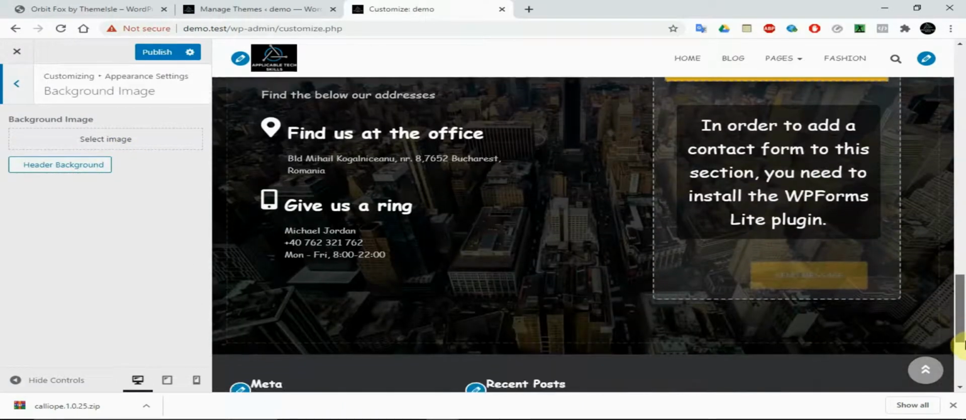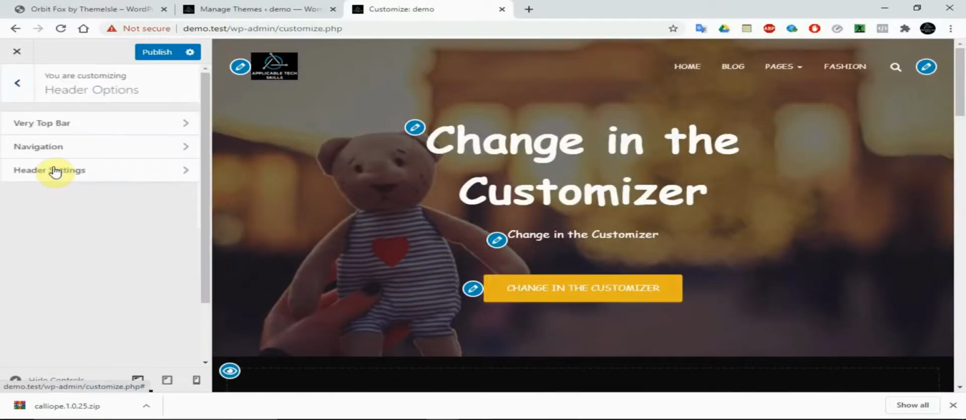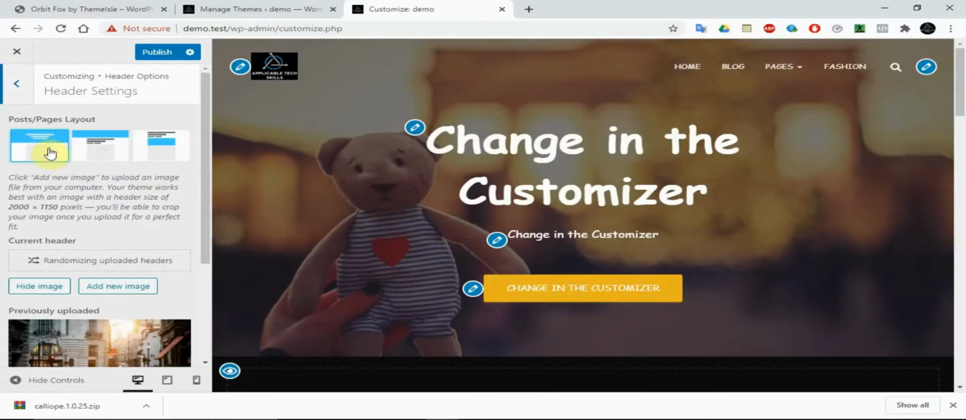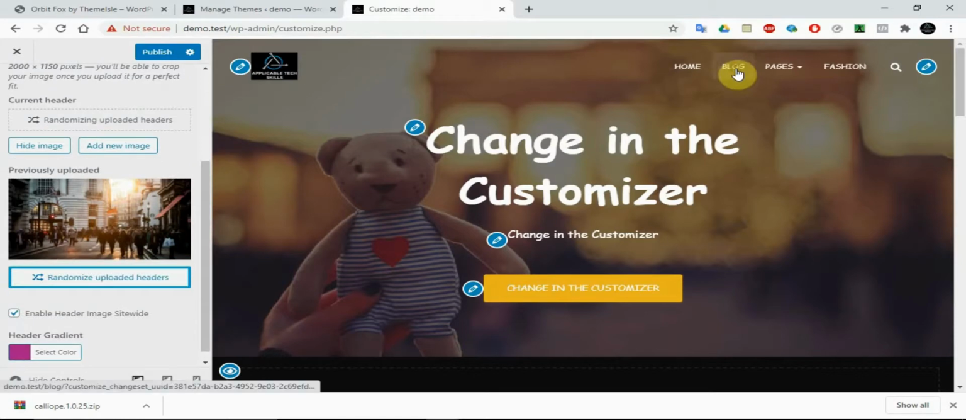Then header image. This header image would be affected on the pages. Can you see it on the pages? To be affected on the pages. So if you click on blog here,